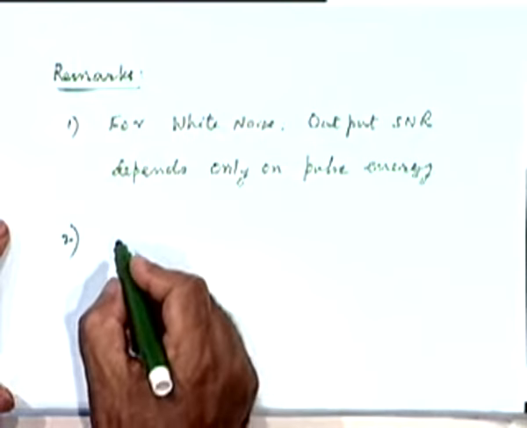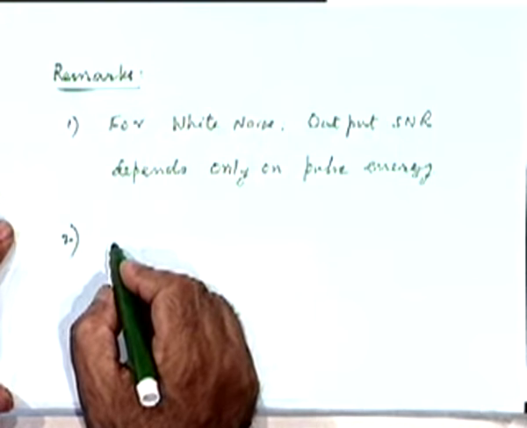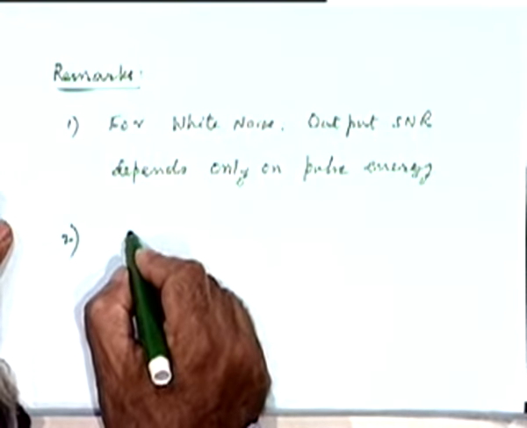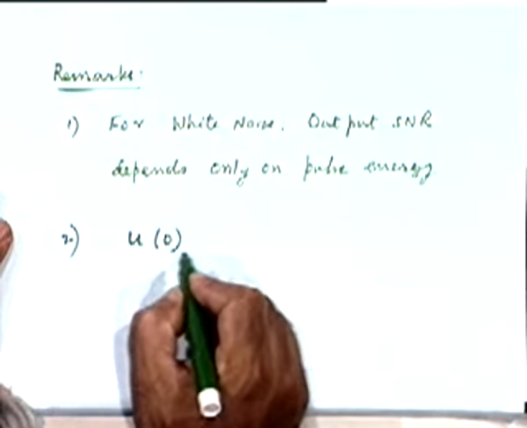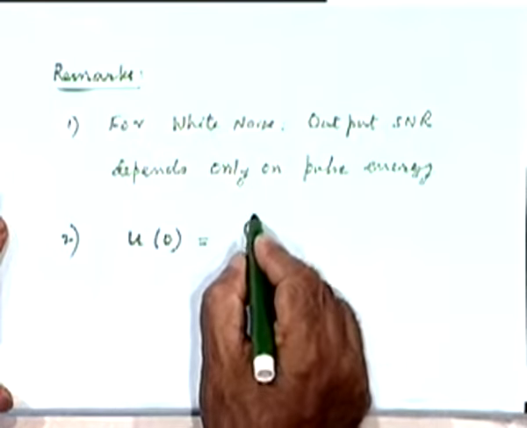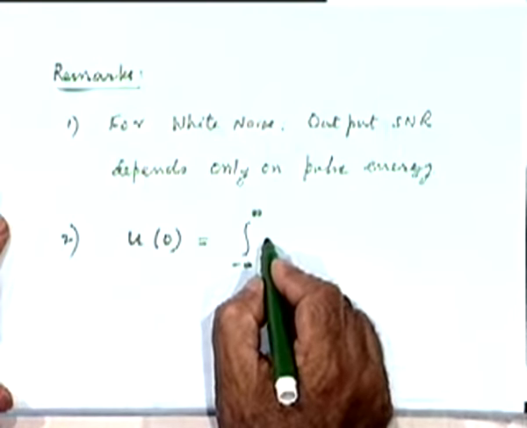Second important point is the nature of the matched filter output. By considering the output, let us say at time instant 0 again, what will this be? Your impulse response is,